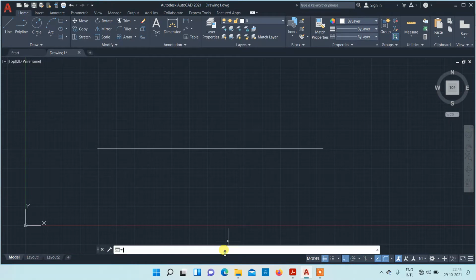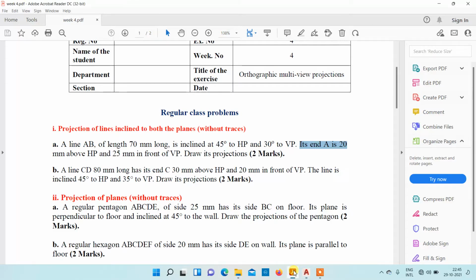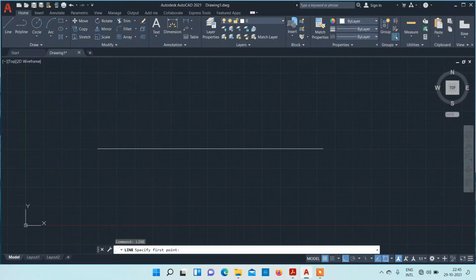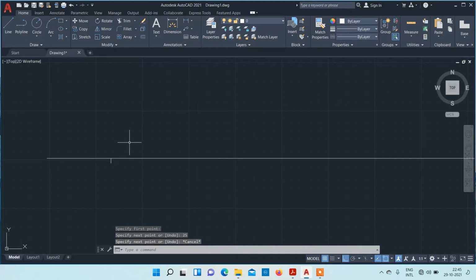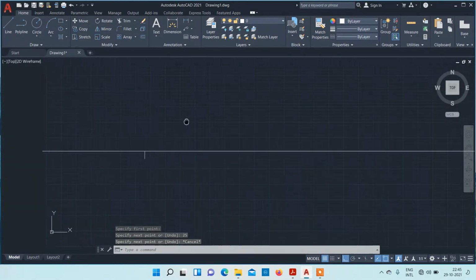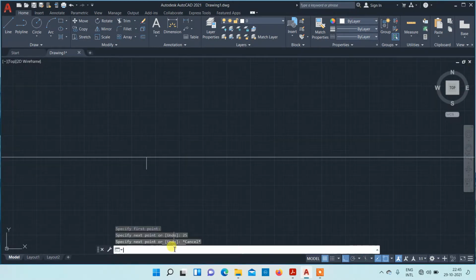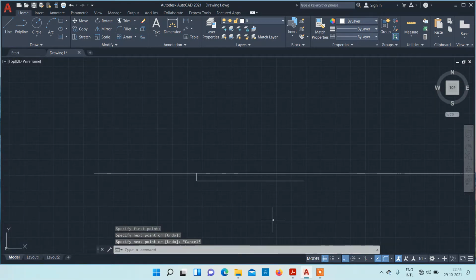So just draw a locus. 25 mm in front of VP means below the XY line we have to draw that line. So just from here, first point and then 25 mm. Okay, then draw a line passing through that locus, passing through that point. Similarly,